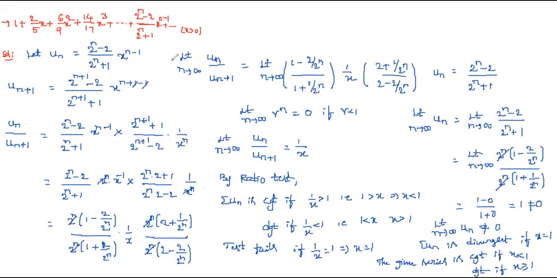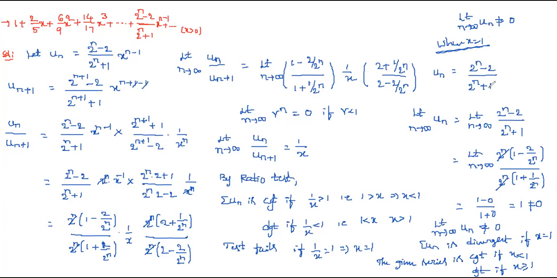So the last process is nothing but this; this is also one of the cases. For saying convergent or divergent, if the limit as n tends to infinity of un is not equal to 0, then we'll say that the series is divergent. For that, when x is equal to 1, this is the case. We need to decide the nature of the series. When x is equal to 1, what about un? With x equal to 1, 1 power n minus 1 is anything, 1. Why? Because x is greater than 0. And here un is equal to 2 power n minus 2 by 2 power n plus 1.